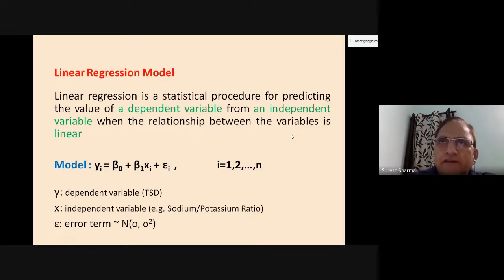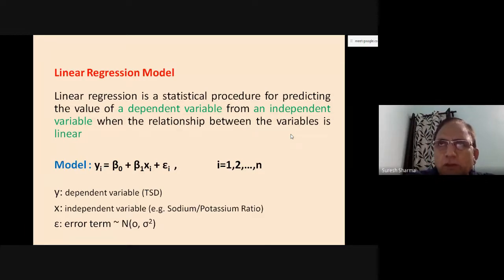Whether it is a simple correlation, simple regression or multiple regression, all of them are studied through linear regression. That's why it is called the linear regression model. That means we are assuming that there is a linear relationship between y and x, right? If there are two variables, and you plot x along the x-axis and y along the y-axis, then the points must be along a straight line, and then you can go for the linear simple regression model. If there is a curve type of relationship, this type of model will not work. There are other models then, right?